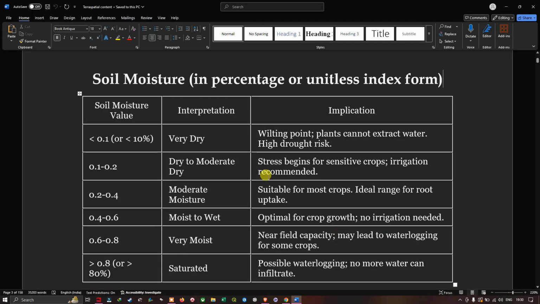So now let us take a look at the soil moisture. A soil moisture value of less than 0.1 indicates very dry, which indicates a high drought risk, followed by soil moisture ranging from 0.1 to 0.2. So the interpretation is dry to moderately dry. The stress begins for sensitive crops and irrigation is recommended. Followed by that, if the soil moisture ranges from 0.2 to 0.4, it is moderate moisture, suitable for most crops and an ideal range for root uptake. And if a value ranges from 0.4 to 0.6, it is moist to wet, so optimal for crop